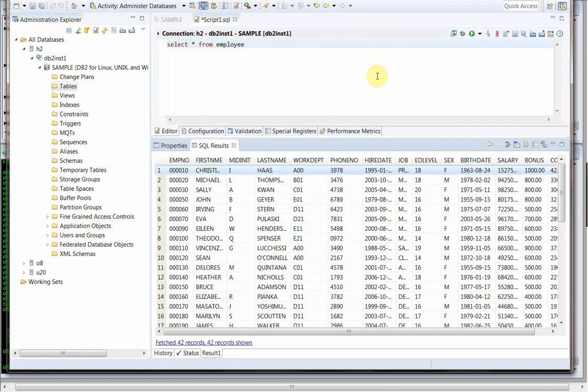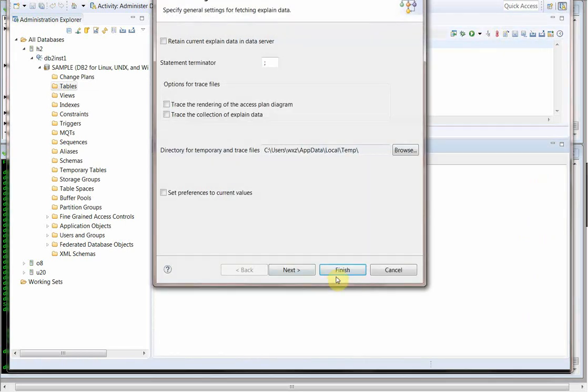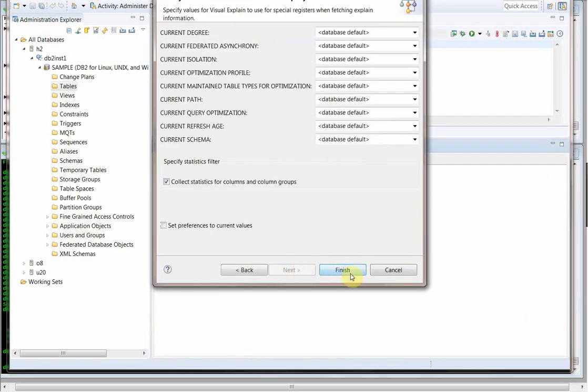Yeah, so this is the query result. To display the explain access plan or explain plan, you see here this icon, it says open visual explain. If we click this one, click next or finish,